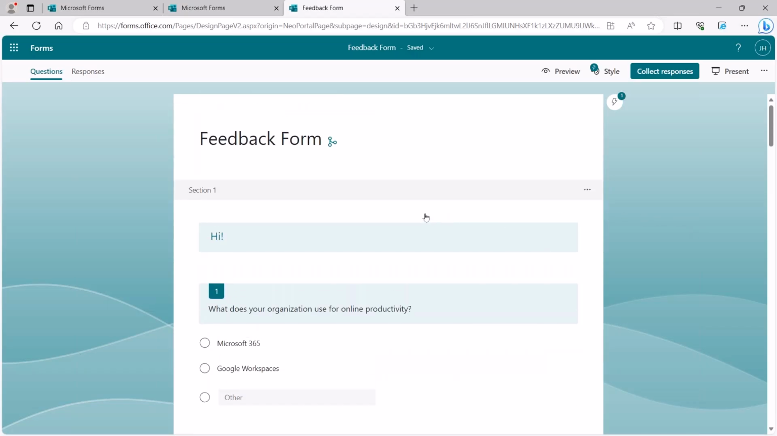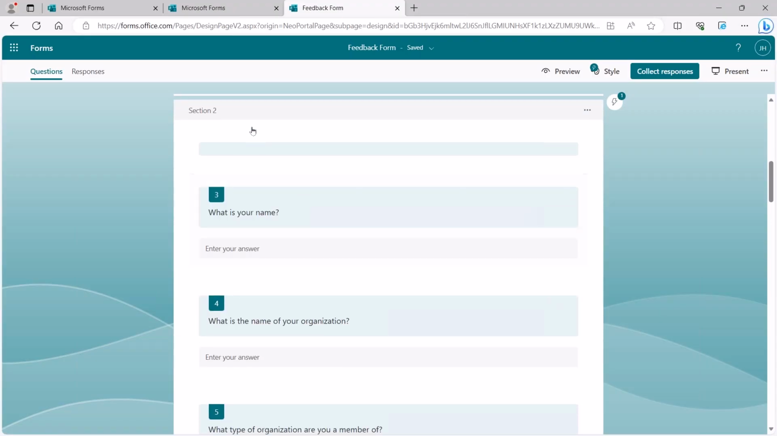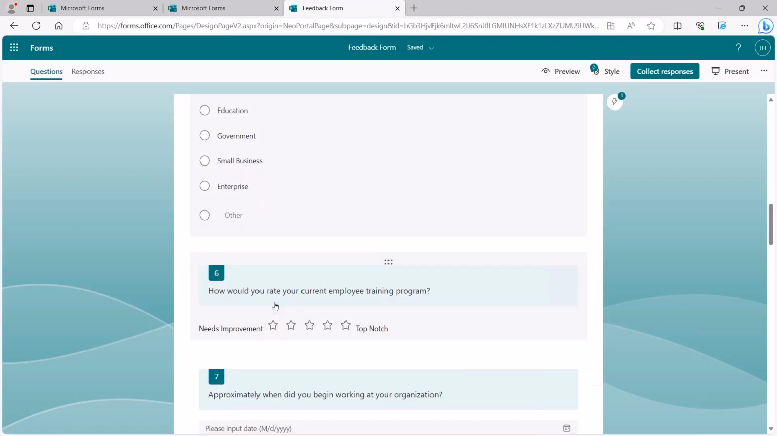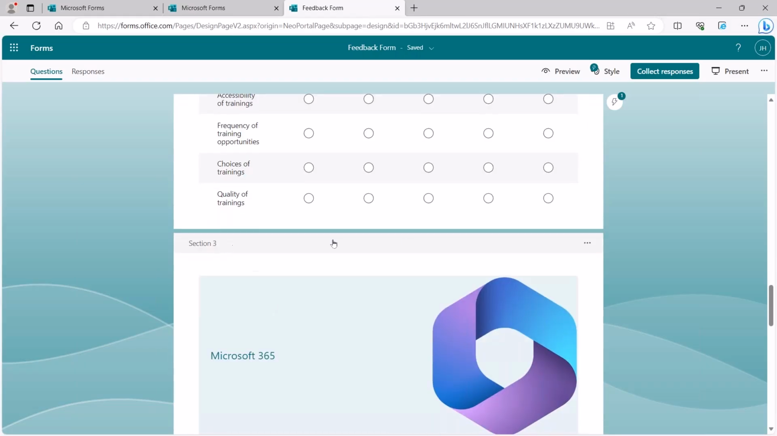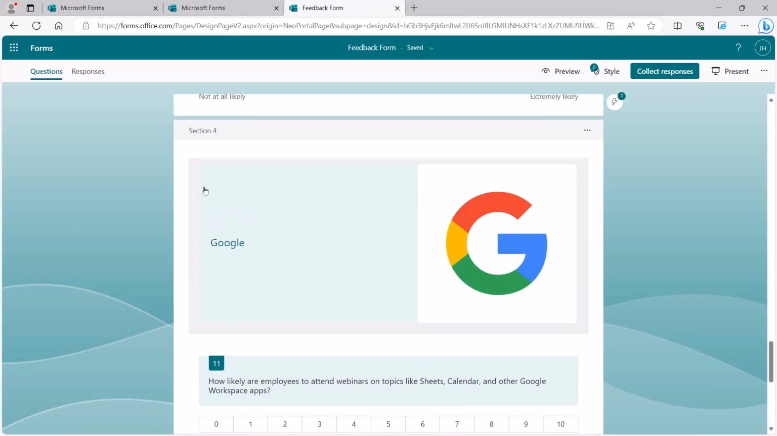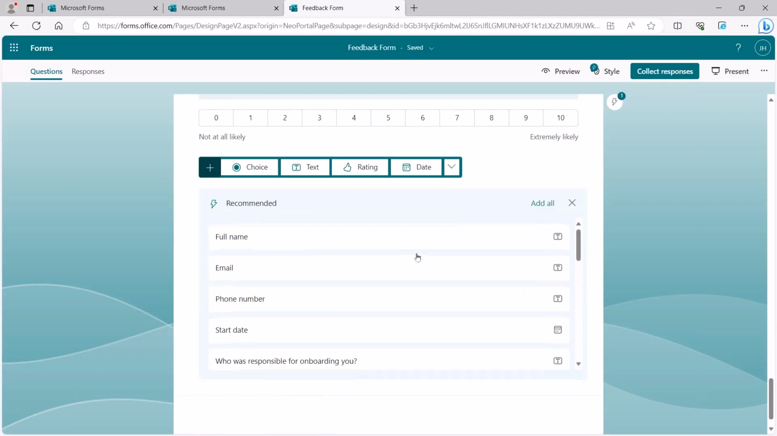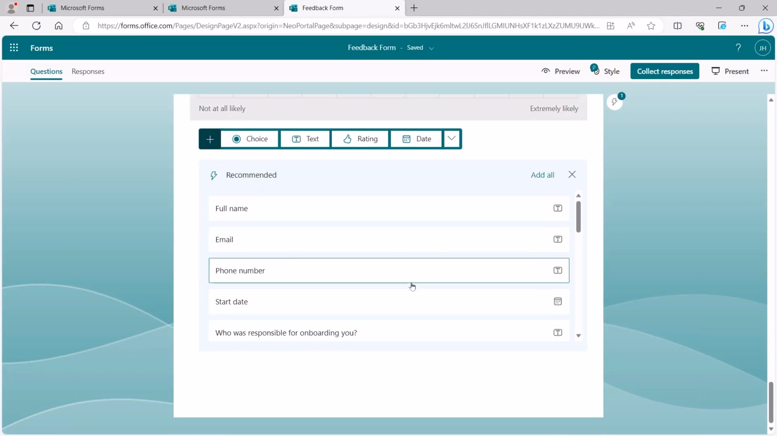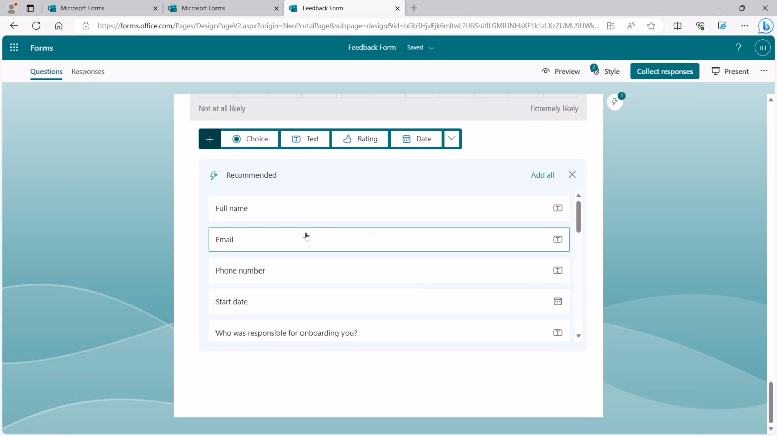So here I've got this feedback form. I've got section 1, section 2, some information, just basic questions, different types. Section 3 is my Microsoft 365 section. Section 4 is Google. And then I have on the bottom, and you'll see this kind of interjected throughout, this recommended. That's AI looking at your words and trying to figure out context and giving you some